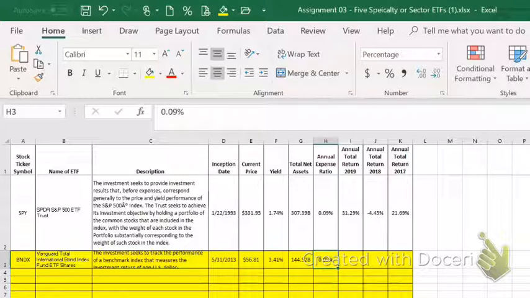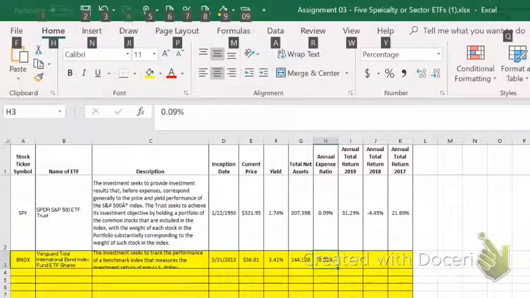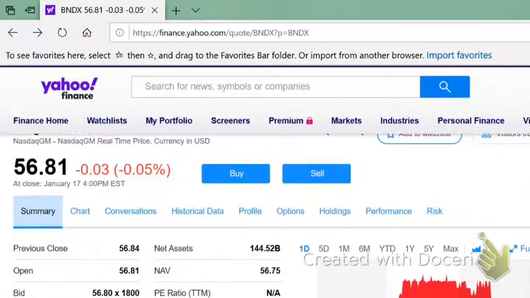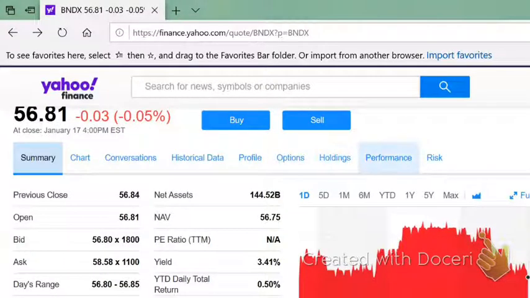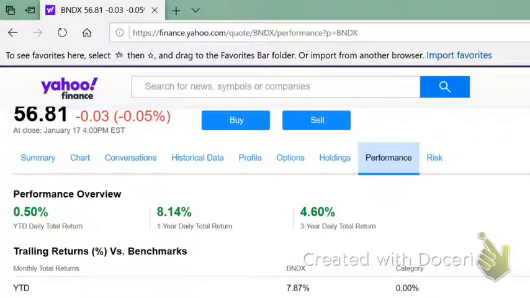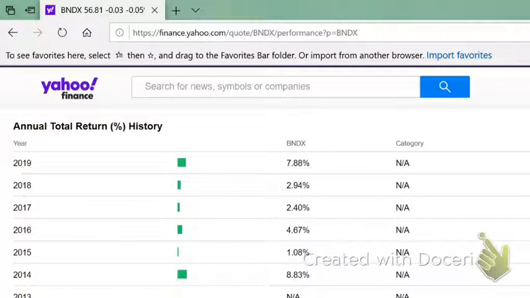Now, most index ETFs have very low expense ratios because you don't have to do anything to track the index. You just invest in whatever the index is tracking. Alright, so I've got all that ash and trash, and now I want to know the annual return. Go up here to Performance, click on the Performance box, and it'll give you, however many years they have, the performance. Alright, so BNDX had a